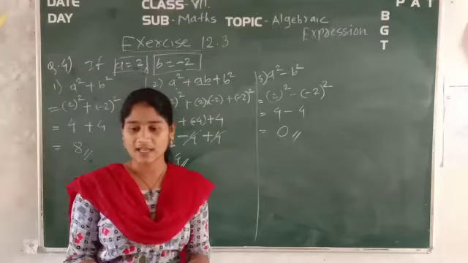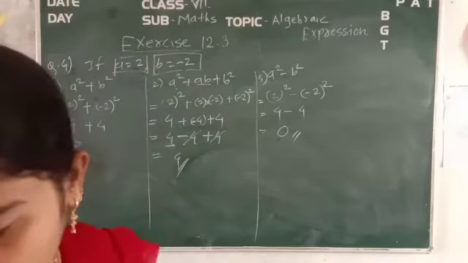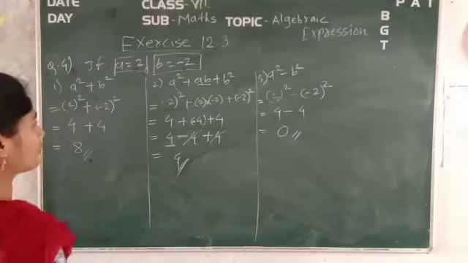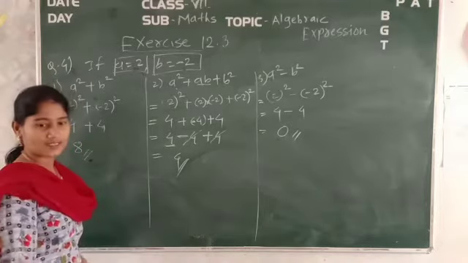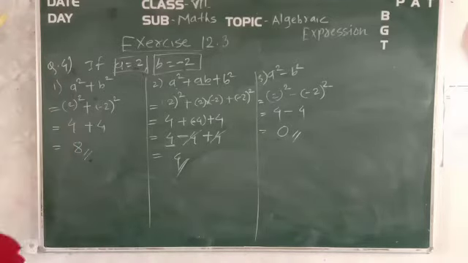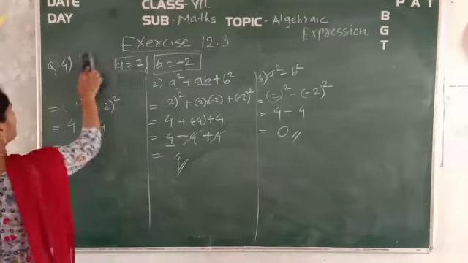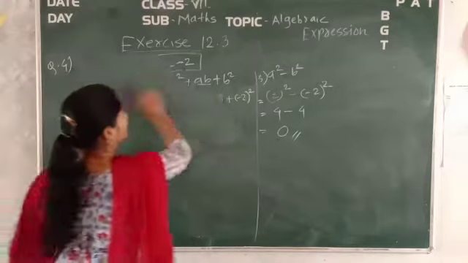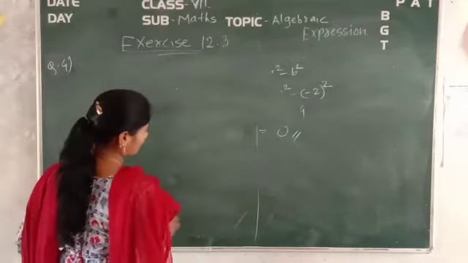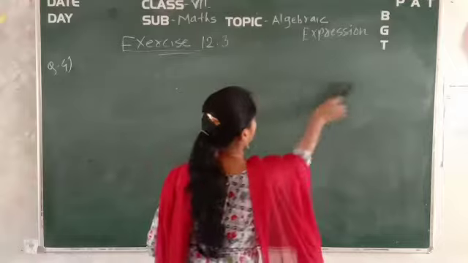Now see, next you have question number 5. We will calculate question number 5. So have you got the answers? That is 8, 4 and 0. Okay, 8, 4 and 0. Now see, the next question we will solve. That is question number 5. Let's solve this. The remaining ones are for your practice, you have to solve them well.